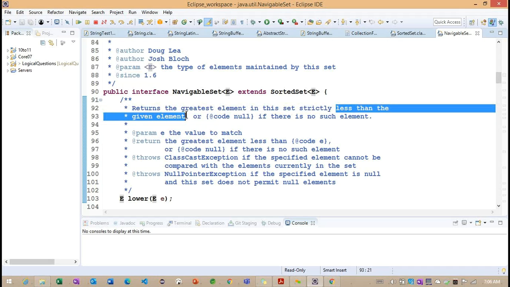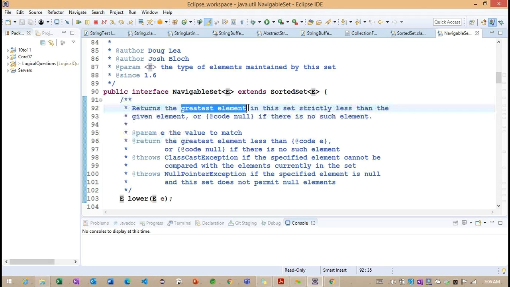Internally it is checking the less than condition. If the less than condition is satisfied, we get the greatest element among those satisfying it.